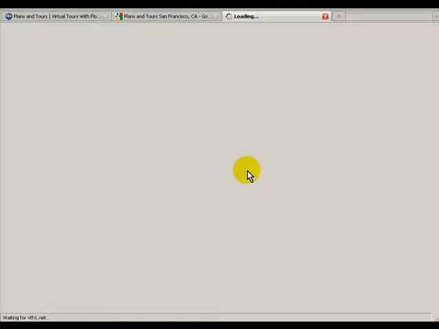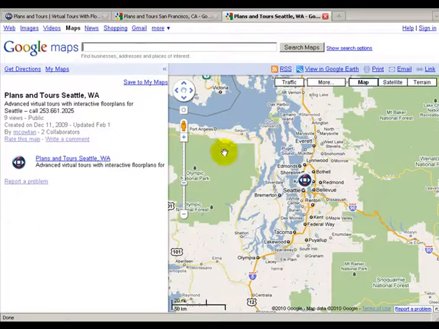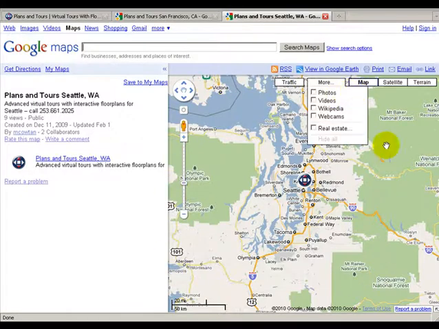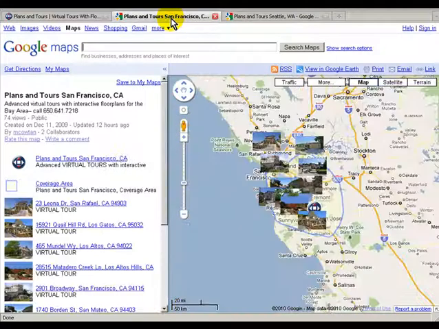So they can click on Seattle here, and this takes them to a Google map that we've created for each dealer that you can edit and annotate with the actual coverage area with some sort of shape around here, and also you can put showcases on this map as well. In fact, here's an example of how we've done it in San Francisco. So if I just zoom in a little bit,